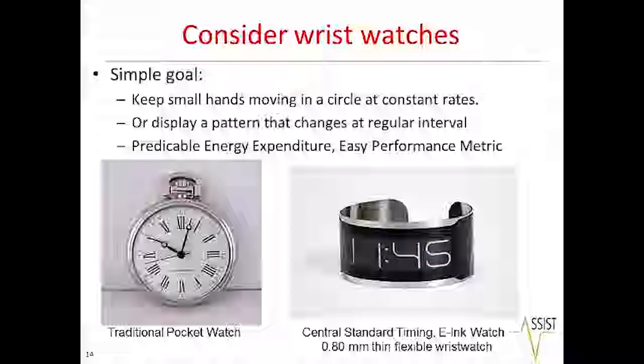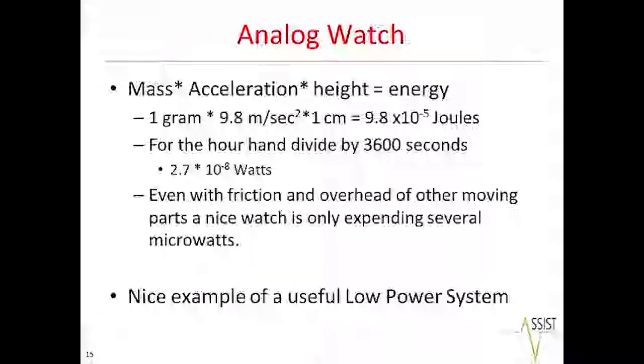Or maybe we want to change a display at periodic intervals. And so we kind of have two different things that we can compare, a pocket watch or a very thin e-ink watch. If we take a look at the analog watch, the mass of a hand is much less than a gram actually, but you can figure out what your potential energy is, divided by the time, add in some overhead. You find out that a watch is only consuming typically microwatts of energy,